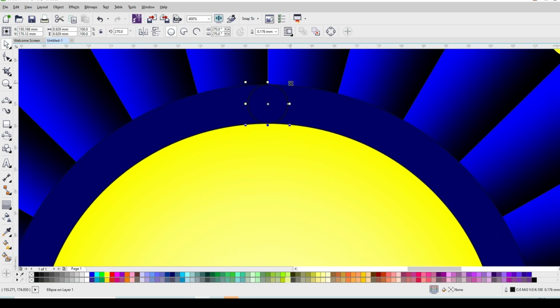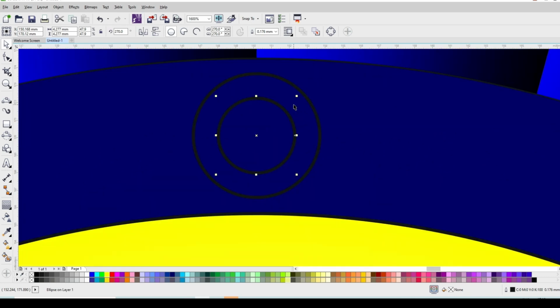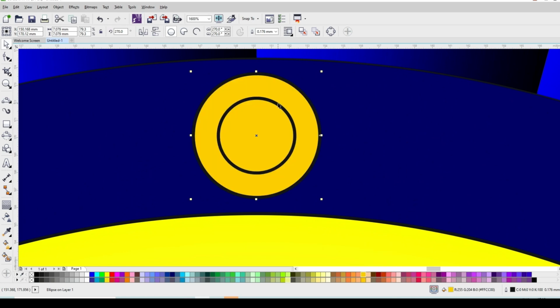Now I will decrease this size. Hold shift and decrease the size of this circle. Create a copy of this circle. Hold shift and decrease the size and press right click to create a copy. Then select this circle, outer circle, and give deep yellow color to this and select the inner circle and give yellow color to this. Now I'll select outer circle, remove outline of this,